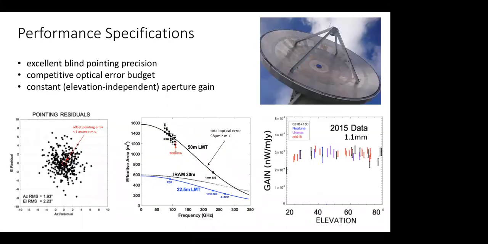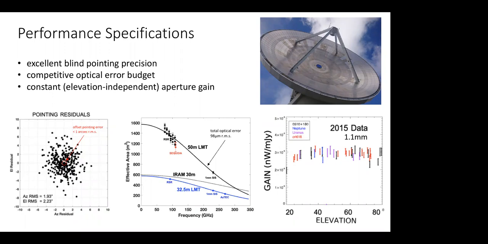Next slide. We've had quite a bit of time to characterize the telescope and the instrument performance over the years, so we have all kinds of data to back up its performance. A lot of this information is available on our website, which is listed on our last slide if you want to check it. But basically, we have a pointing accuracy of better than 3 arc seconds on dead reckoning anywhere in the sky. With reference pointing on a nearby quasar, we can point to better than 1 arc second accuracy.